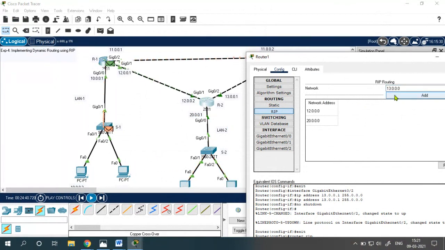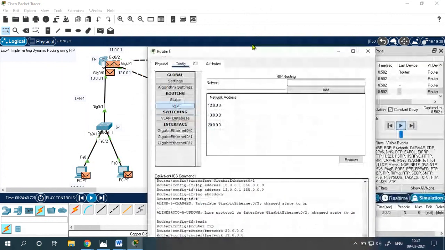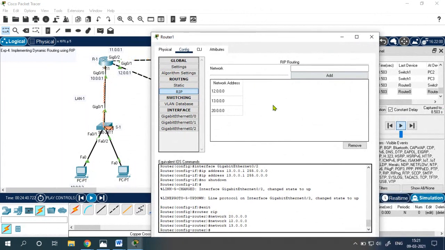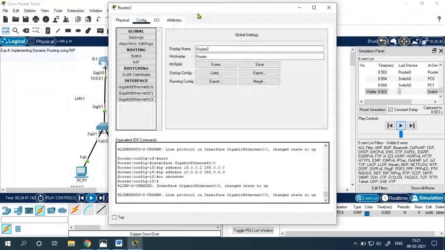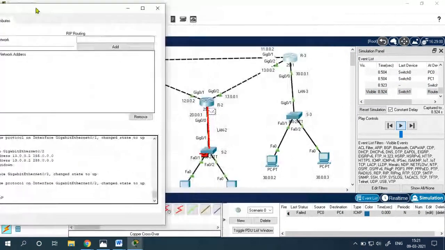See, routers are exchanging information between them. They are learning their neighbors. They are sharing some information with the neighboring router. I'm done with router 2. Now let's do the configuration on router 3. The same process we have to repeat. Just come to RIP.